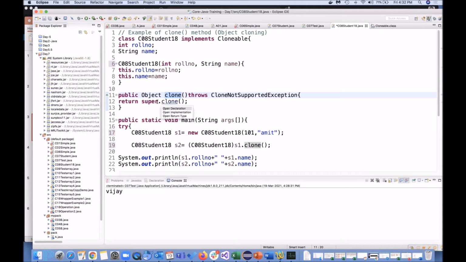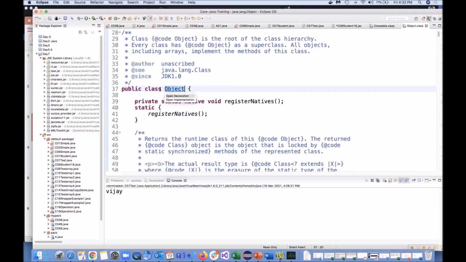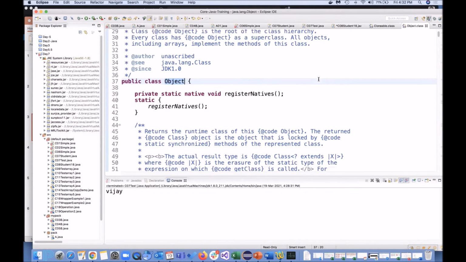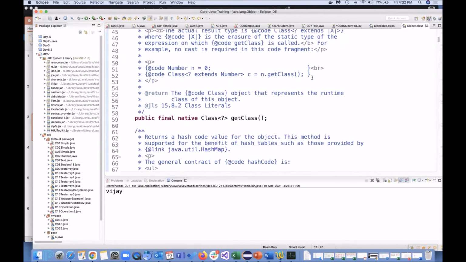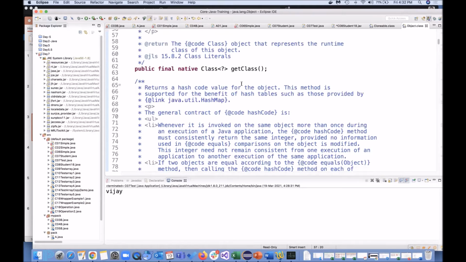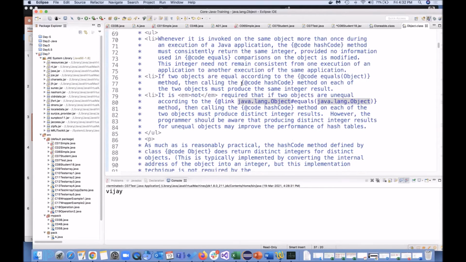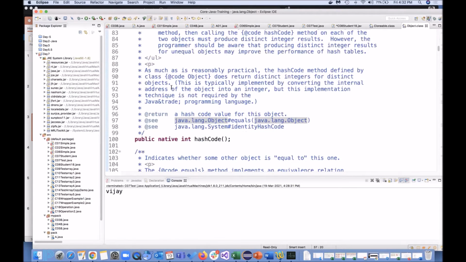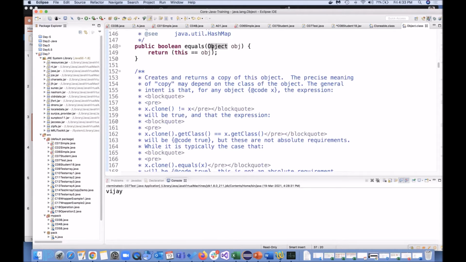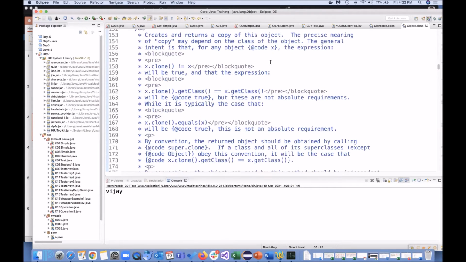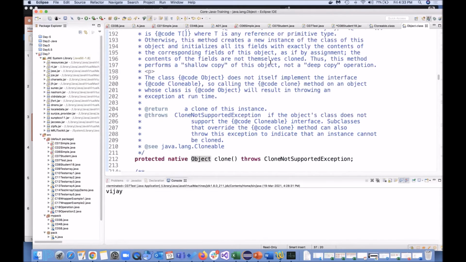When I say super.clone, what is the super class? Object is the super class of all the classes. Can you see? Public class Object. If you remember, I told you earlier that in your Object class you will see the methods: hashCode as one method, equals as another method, and all this Ramayana is written there.